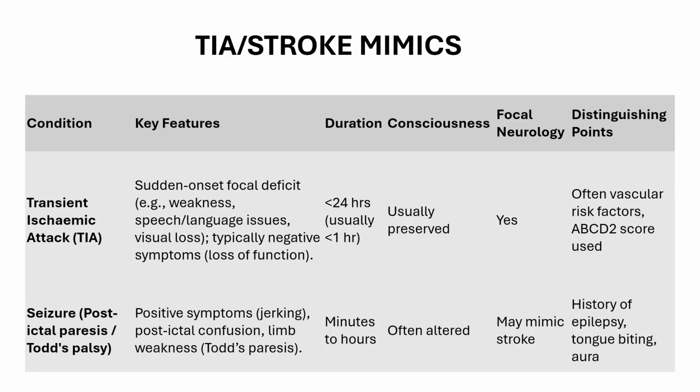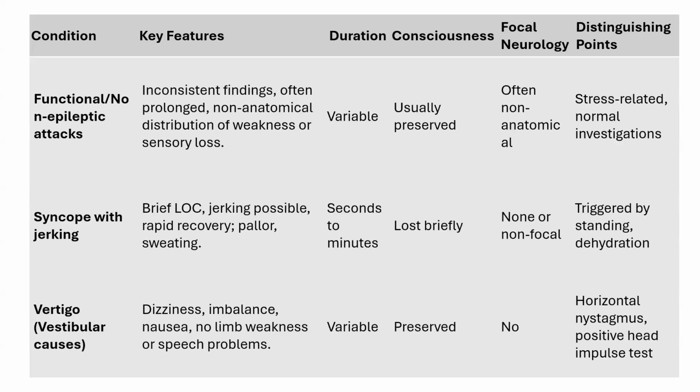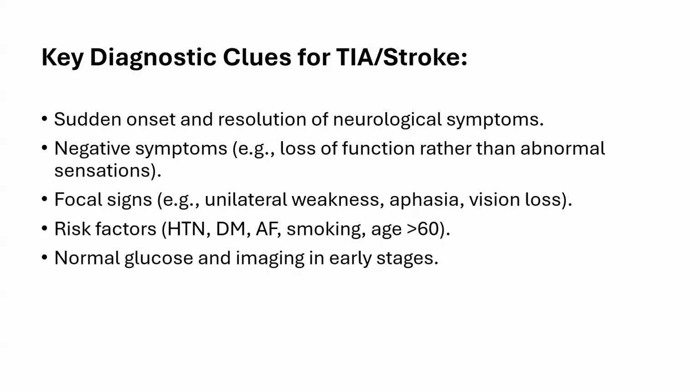One important thing to note is that in TIA, generally we will have negative symptoms, that is a loss of a function, whereas most of the other TIA mimics will have positive symptoms. For instance, Todd's paralysis will have jerking, which is a positive symptom, in migraines the patients will have flashing lights, zigzag lines, or tingling, and hypoglycemic patients will have positive symptoms such as tremors. That is one key difference between TIA and TIA mimics. Then the key diagnostic clues, like I said, for TIA and stroke, in contrast to the conditions mentioned above,